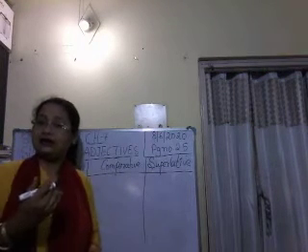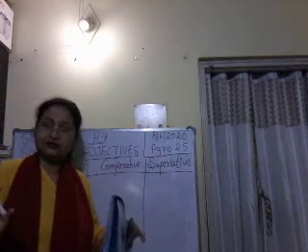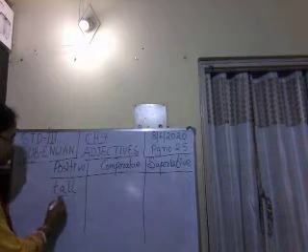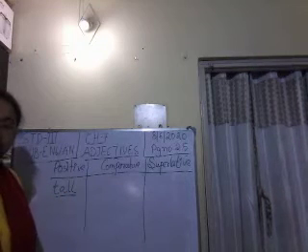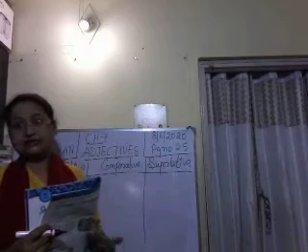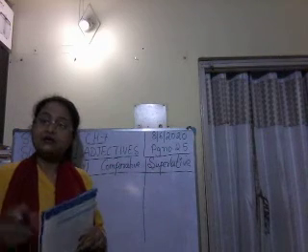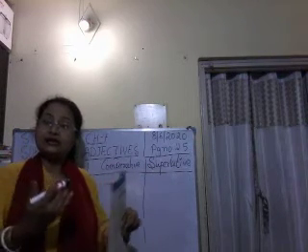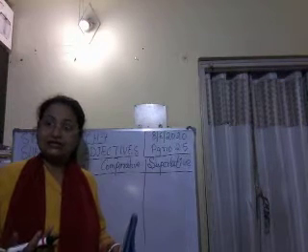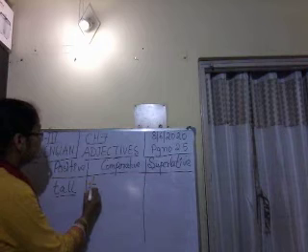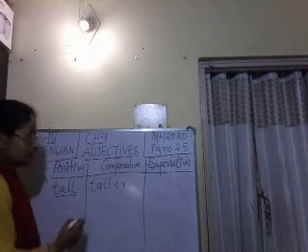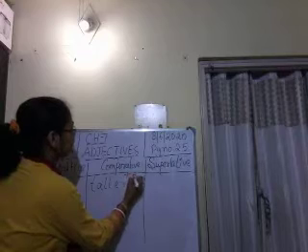So now we are comparing. At first no one else is there, there is only Ravi. Then what will I say? Ravi is a tall boy. This is positive. Now I am comparing Ravi and Mohan. Mohan is 5 feet 2 inches. Then who is taller? When I am comparing, how will I form the comparative form of the adjective? Taller, T-A-L-L-E-R. So what have I added here? E-R.